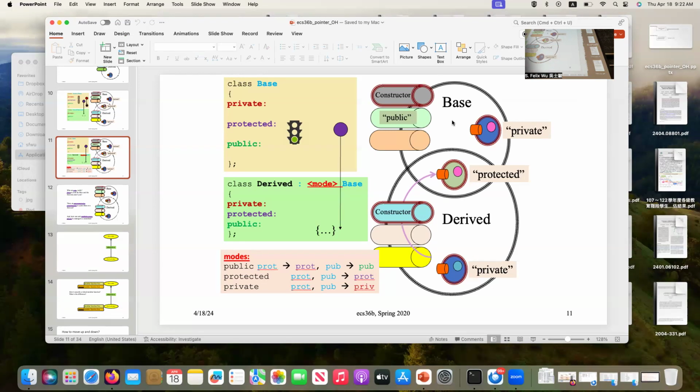And then we have this different mode, whether you want to have the public mode, protected mode, or private mode in terms of inheriting. So sometimes you use a word. There are two different sets of words. One is the keywords private, protected, public. You specify why